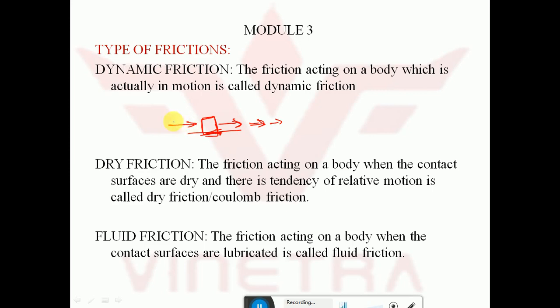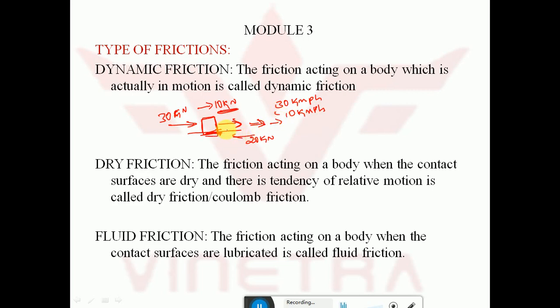For example, I am applying some 30 kilonewton. Let us take 20 kilonewton as the frictional force developed. So the body is moving only because of this additional 10 kilonewton. Suppose, due to the application of this 30 kilonewton, if the frictional force is absent, the body may move with 30 kilometer per hour. But due to the development of a frictional force, the body is only moving with 10 kilometer per hour. There is a loss of 20 kilometer per hour because of this frictional force.